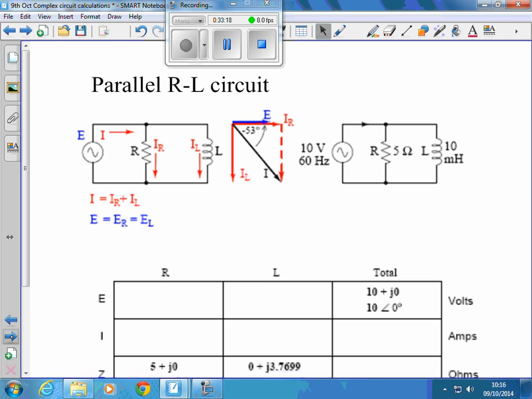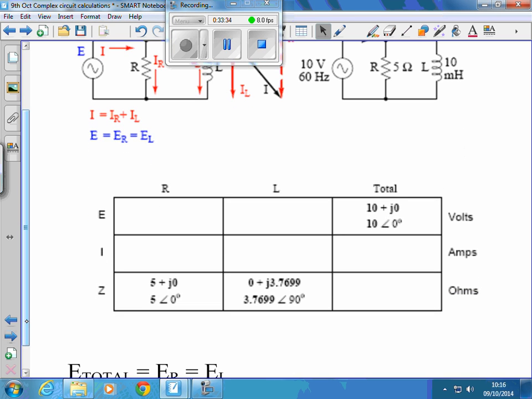We've made that the reference phasor this time because it's common to both components. We've got a 5 ohm resistor in parallel with a 10 millihenry inductor. Can you do the calculations to find the overall impedance of that circuit Z and the current flowing in